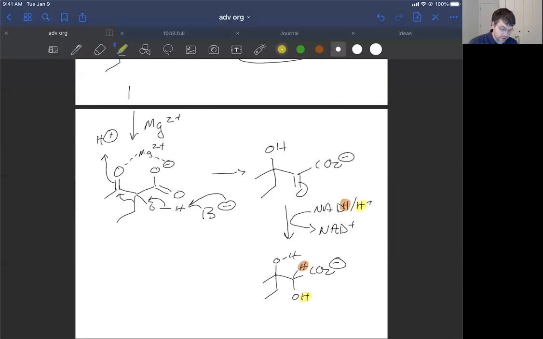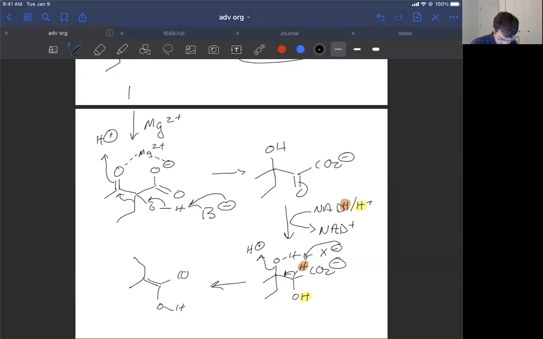Okay, now this red hydrogen is alpha to a carboxylate center. So we could conceivably think about a base coming in and grabbing it, pushing the electrons down to force a dehydration, particularly if an acidic hydrogen is positioned close by, or even hydrogen bonding to the OH at the beta position. Okay, when we do that, why would we want to do that? Well, we get this species,